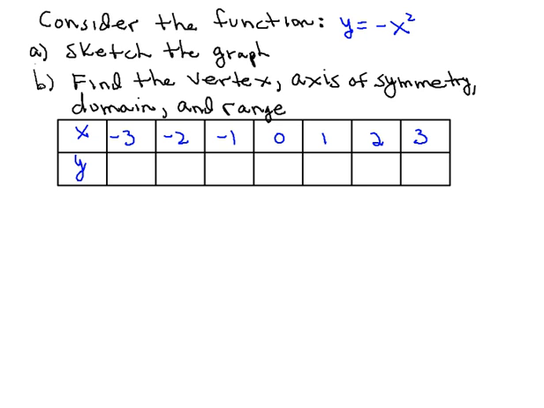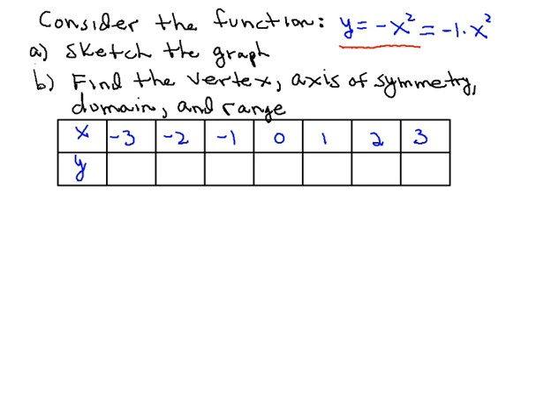So now we're going to next look at what effect it has on the graph of y equals x squared if we multiply the x squared by a negative constant. So we're going to look at the simplest case we can consider, which would be y equals negative x squared. Now I want to stress before we fill in the table that the negative x squared actually means, and let me state this here at the top, negative 1